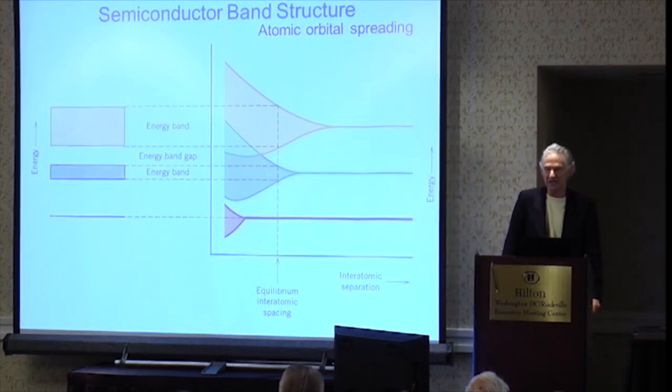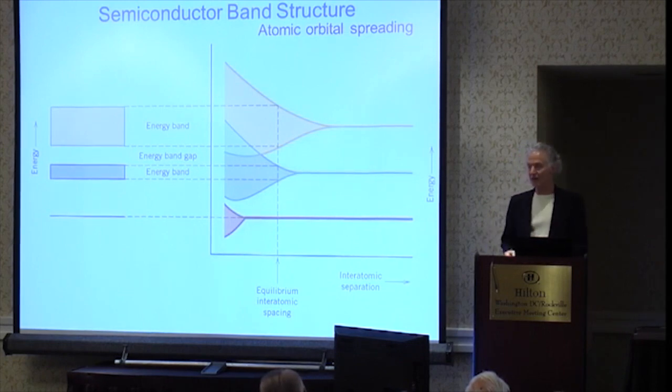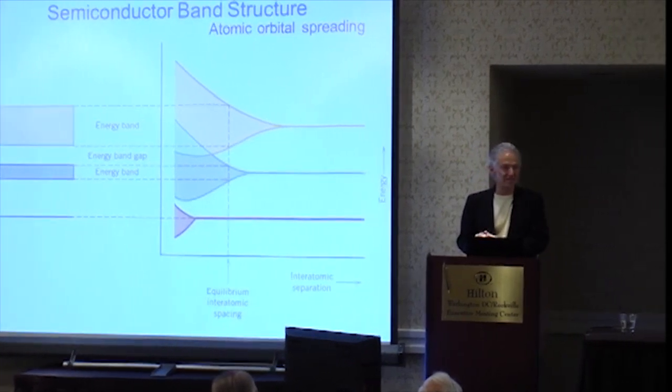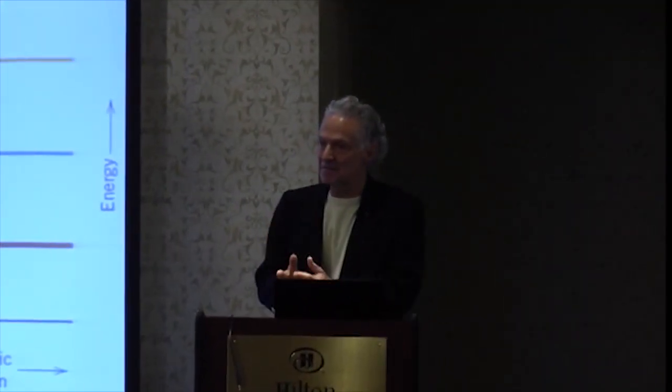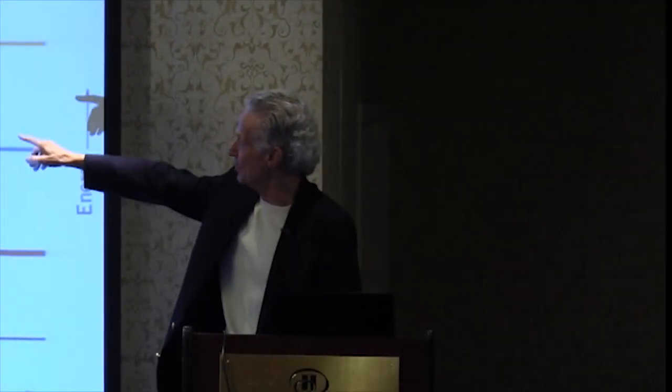And so the energies of the electrons spread out as you move the atoms closer and closer together. The vertical dashed line shows the interatomic spacing of the atoms in a solid. And so at that spacing, what do you end up with? You end up with bands, a gap, and bands. And so we end up with the same thing. This was mind-blowing to me as a student. Two totally different ways of deriving semiconductor band structure. Now, which one is process and which one is principle?